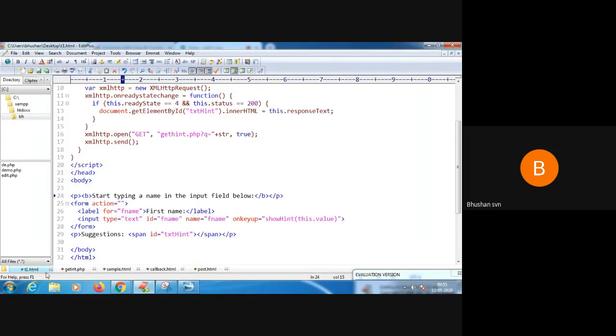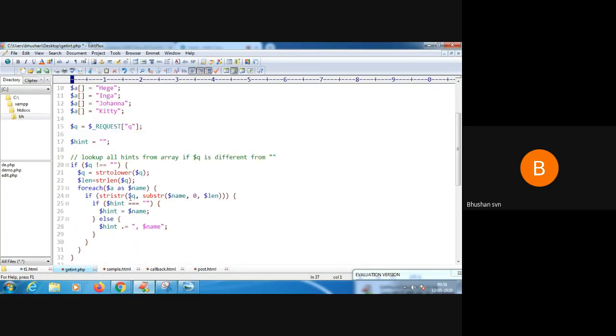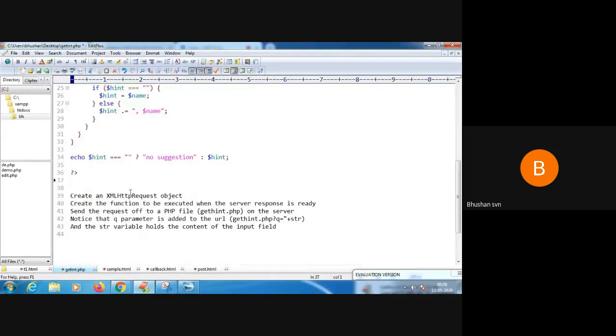Okay, so I have one HTML file and I have a PHP file here. Okay, so I have got an array where I have got some names here. So I showcased that when I write, say, A, it is giving some names. So whatever character that I type in a text field, if it is available in this array, then it will display some suggestions, else it will not display any suggestions. Okay, I will come to this part of the code at a later point. How do we do this?